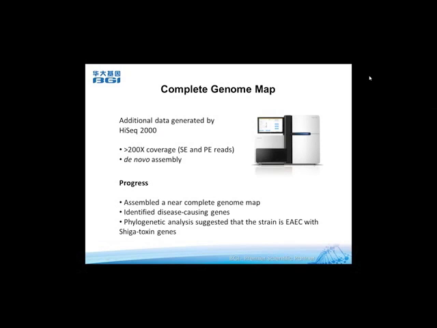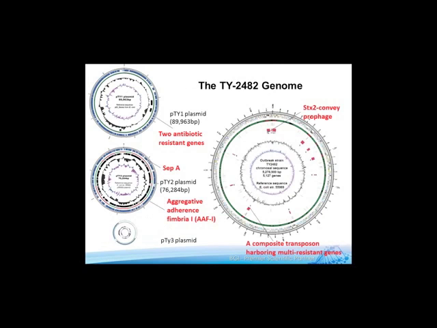So then we used the HiSeq 2000 to generate a complete map and then identify the causing genes. And then also we conducted more thorough phylogenetic analysis and suggest that the strain is the EAEC strain, which acquired Shiga toxin genes. So here I'm showing you a map, and then you will see